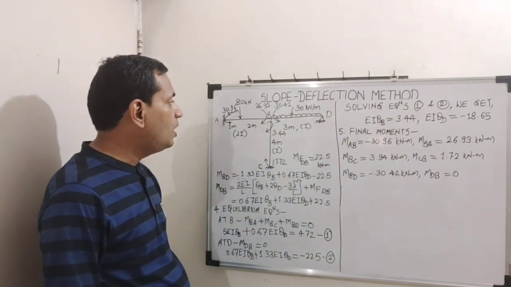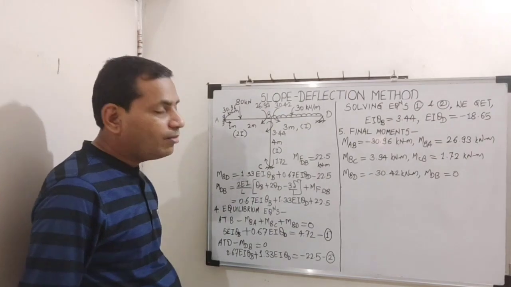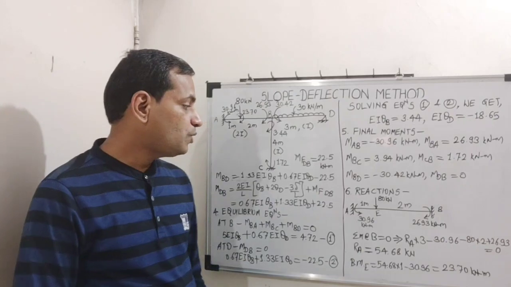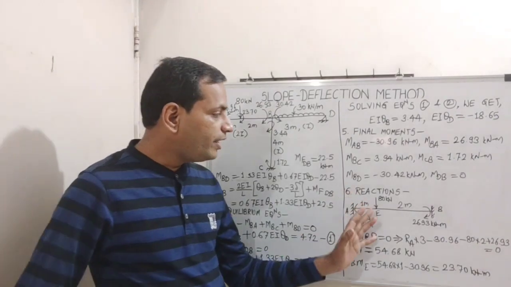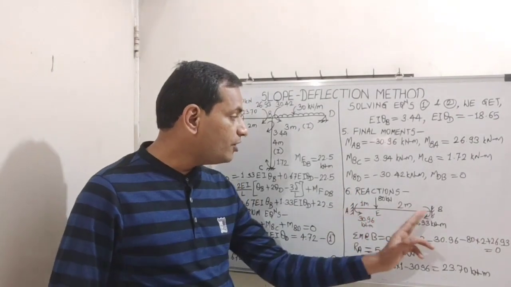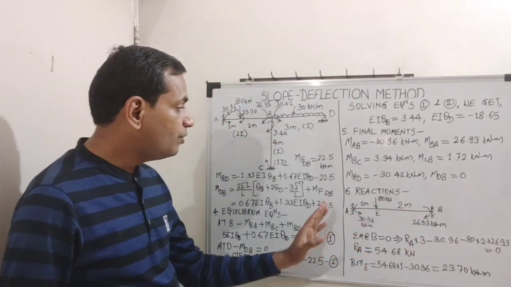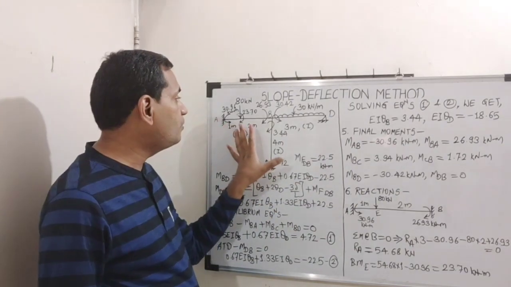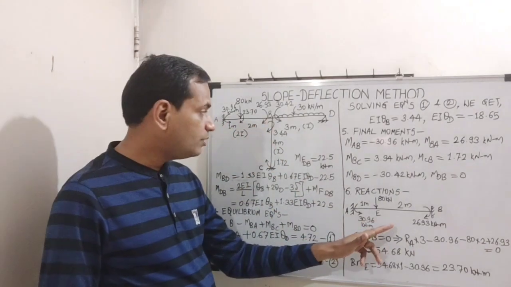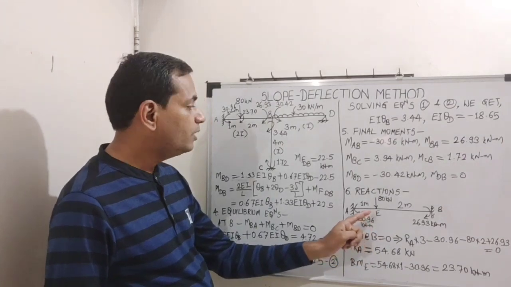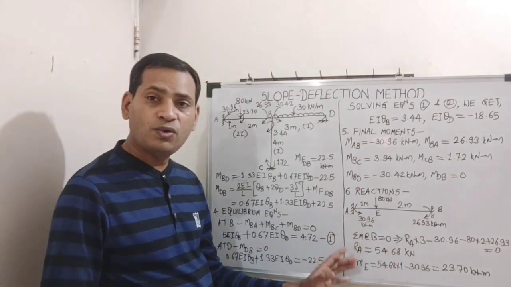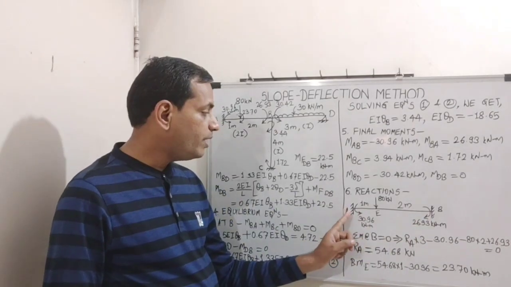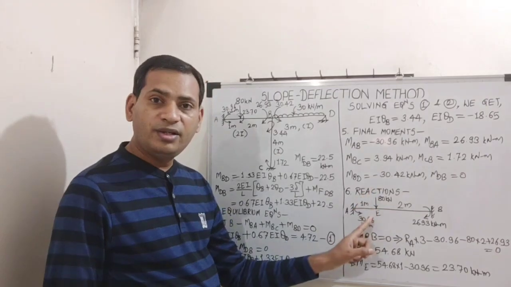So now we will go for drawing the bending moment diagram of this particular frame. I have taken here the free body diagram of beam AB first. If I have to find reactions, I will have to take the free body diagram of each part. So that is what I have done here. I have shown all the external loadings, internal moments and so on. Now I have to find these two reactions so that I can find the moment under this point load of 80 kilonewton.